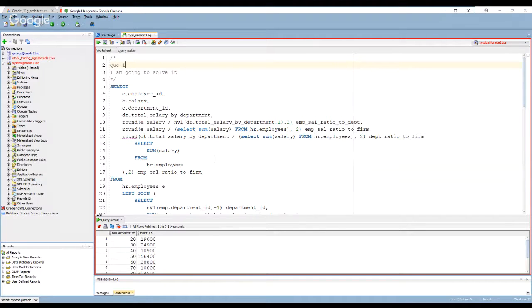It said: find how each department's salary is relative to the entire firm. Good. So basically, we need to figure out how much each department is making, and then compare that to the salary of the entire firm.